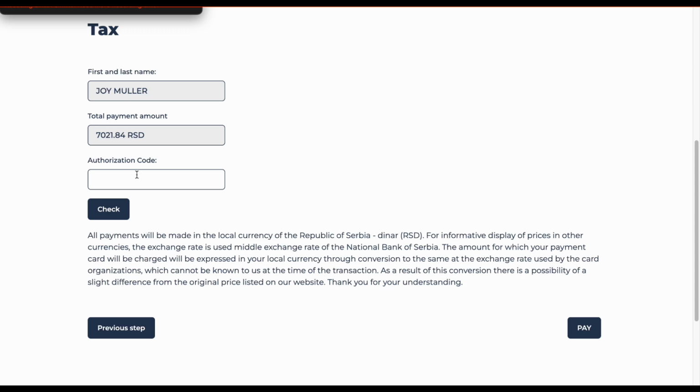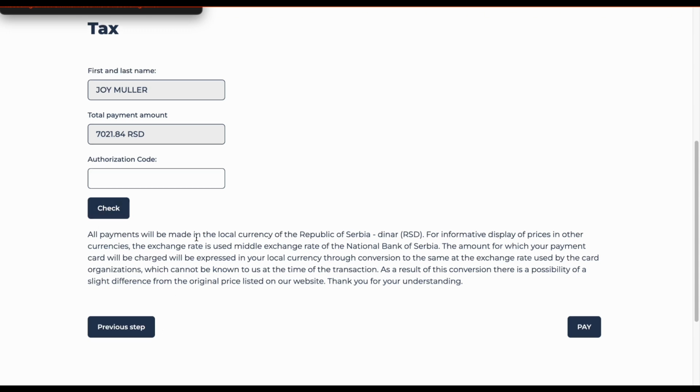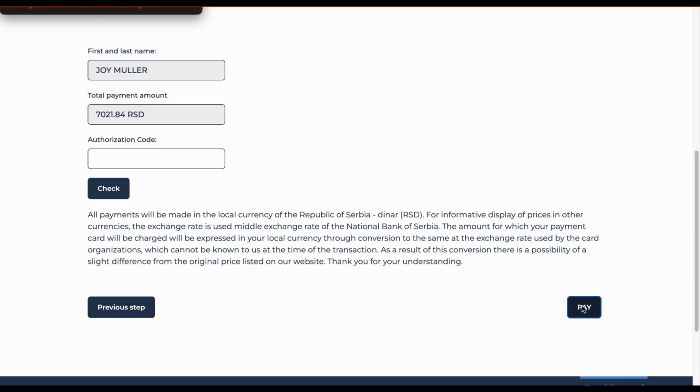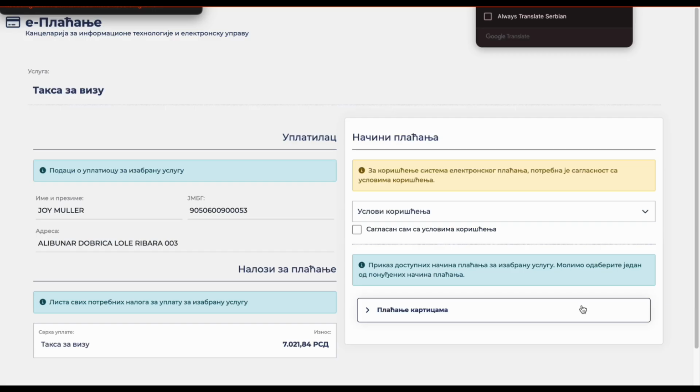So guys, here I want to put some little emphasis. Once you reach this step, you bypass the authorization code. The authorization code, you'll get it after making the payment. Then when you get the authorization code, you'll come back to your application, punch in the authorization code, and then you check in. You understand, guys? So I'm going to press pay. So once you press pay,